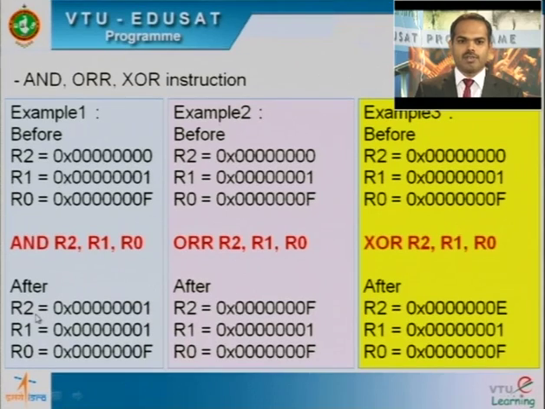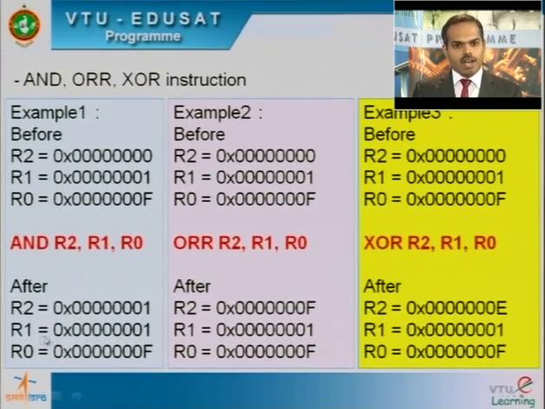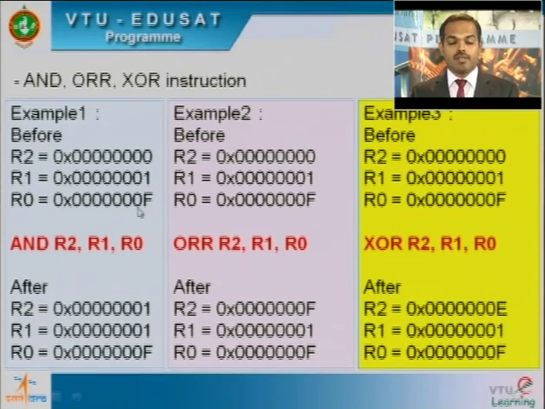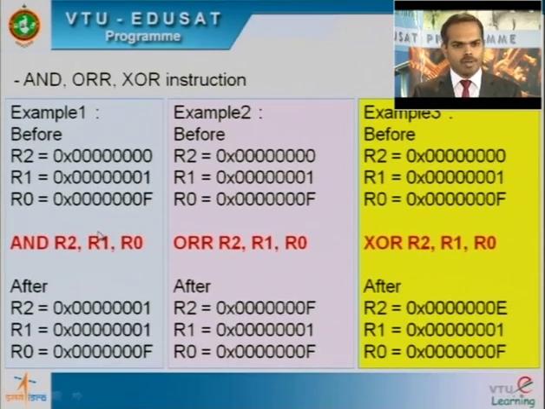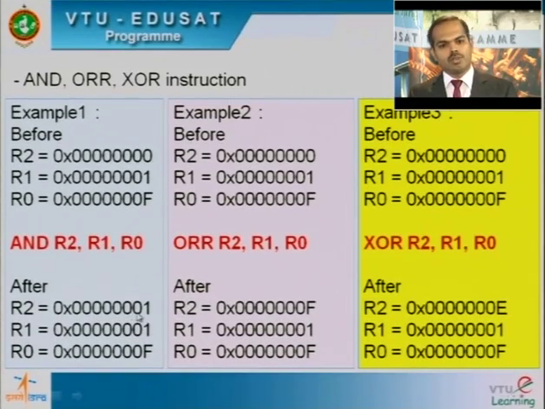After the execution of this instruction, you can see the result here. Please remember this is an AND operation. The resultant register R2 holds 1. R1 and R0 preserve their original values. The resultant register R2 holds logic 1 because it is ANDed with F. The last bit, or LSB, of R0 and R1 are 1 and 1. That's why R2 holds 1. For the remaining bits, for AND both the bits have to be 1 and 1. Hope you are clear with this point. That's why R2 equals 001.